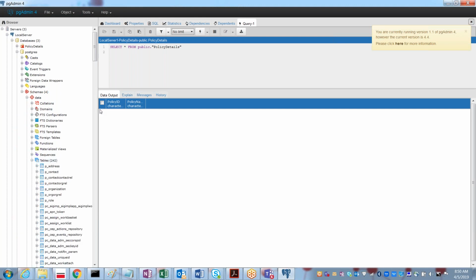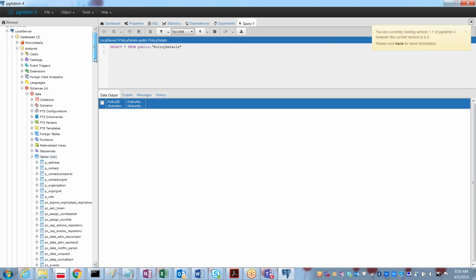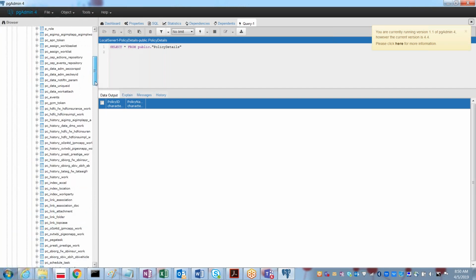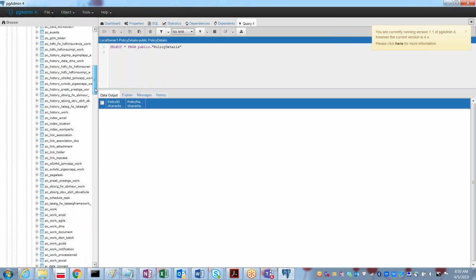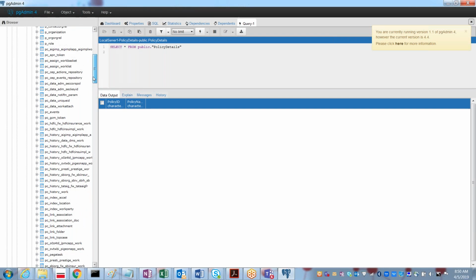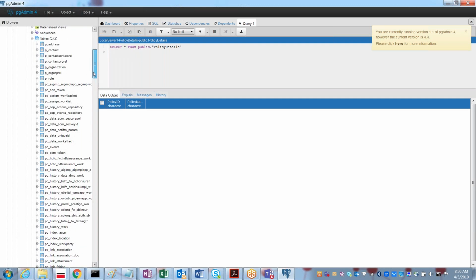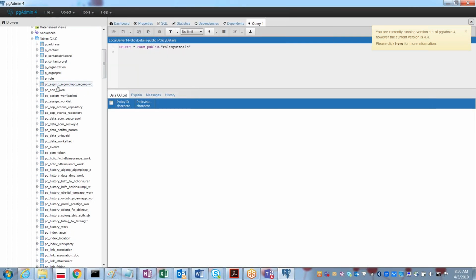And under the tables, you will have all the tables which belong to your server. Under that, it will have something called PC underscore, and then our class name. If you see our class name, it will be prefixed with PC underscore.